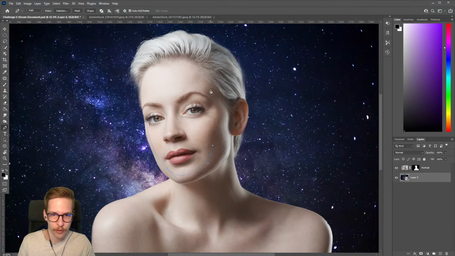And then maybe right around the forehead here. Click and drag to get a nice curve. I can always do Control Z if I want to reposition it. Maybe that's more of a curve that I like. And then I'm going to click the endpoint and just drag it out till I get a nice oval shape